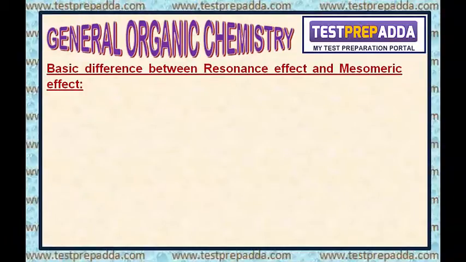Dear students, most of us feel that resonance effect and mesomeric effect are completely same, which is true in the majority of cases. But strictly speaking, the term resonance is not the same as mesomeric effect. In mesomerism or mesomeric effect, there is a permanent polarization, and the mechanism of electron transfer is permanent displacement of electrons, which occurs in a system of type double, single, double. This is a pi conjugated system,